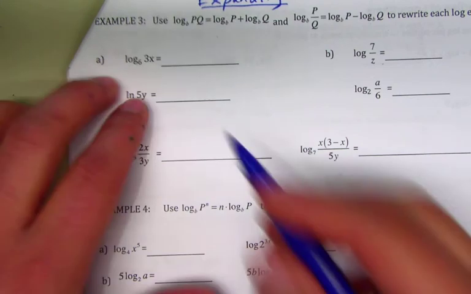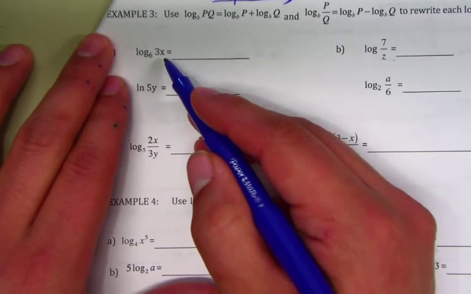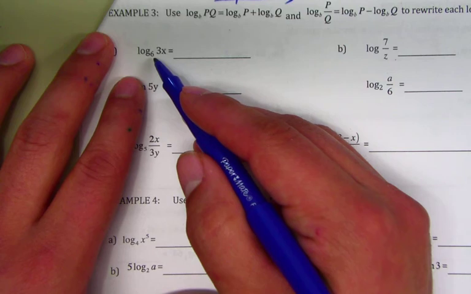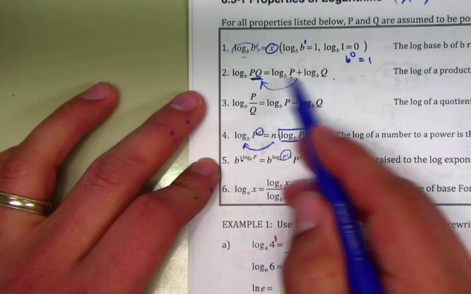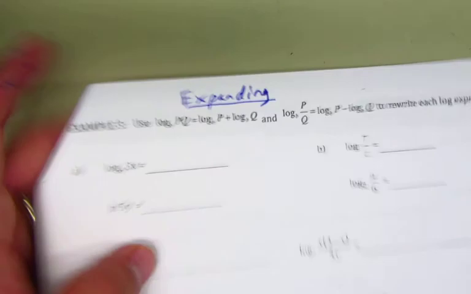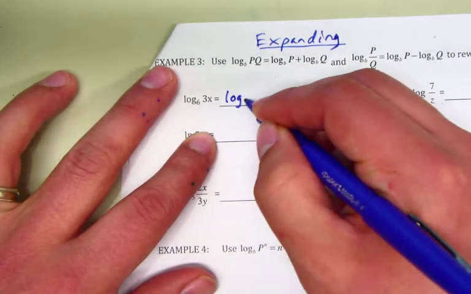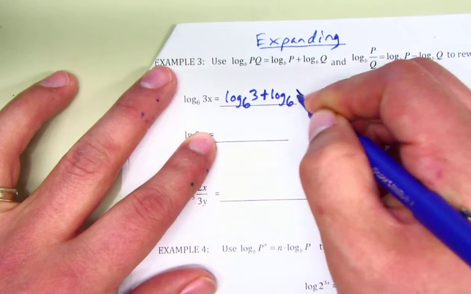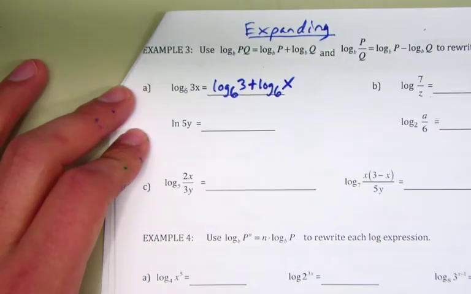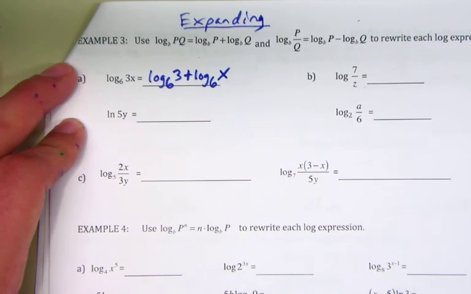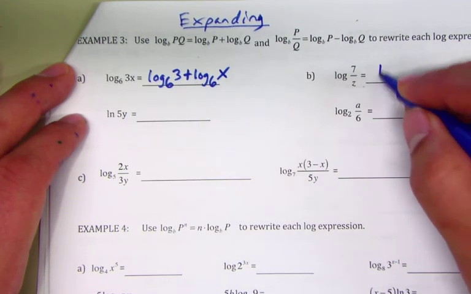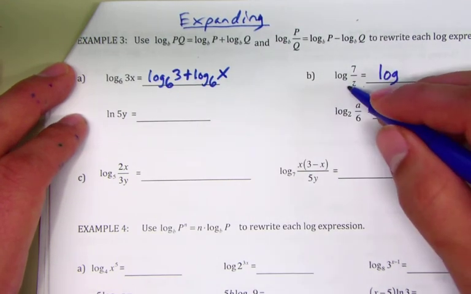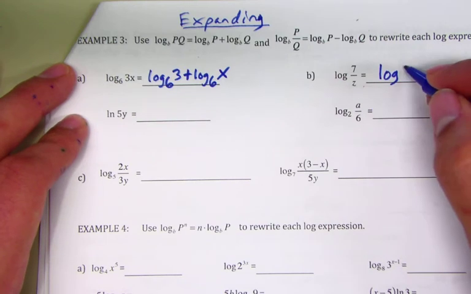Okay? If we see multiplication, what can we do? If we see multiplication, we're going to add, right? So this is log base 6 of 3 plus, there you go. Oh, okay. Makes sense? Yeah. What's this next one going to be then? Subtract. So it's log, we don't have to write base 10, but you should remember that this is base 10, right? Of 7 minus,